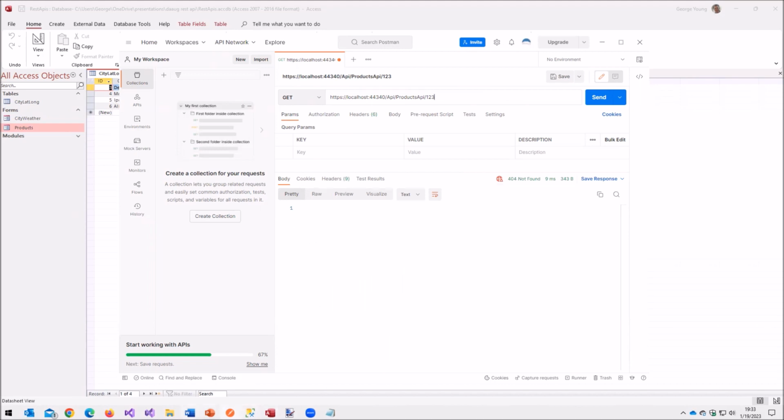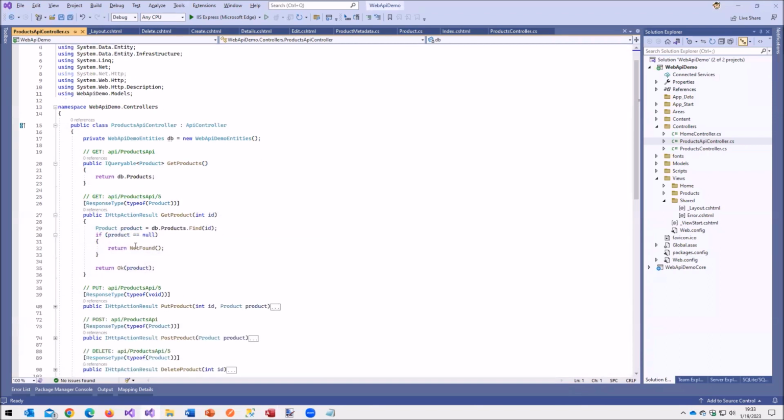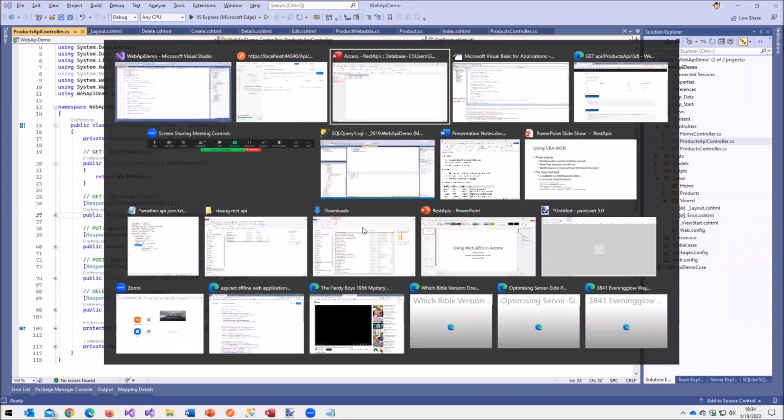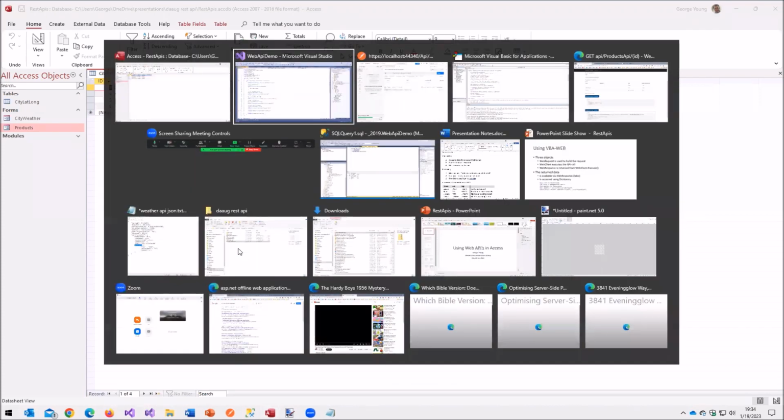Mm-hmm. So if we go to my API code, which I really don't want to do right yet, but here we go, get products. And actually that was a single one. So it'll return not found. And that if product is null, return not found. And that's that 404, otherwise return a 200. We'll come back to this in a little bit, but you can basically control what you want to have returned, if that makes sense. Does that answer your question? Yeah, thank you. Cool, excellent. Any other questions on that before we get into the puts and posts?